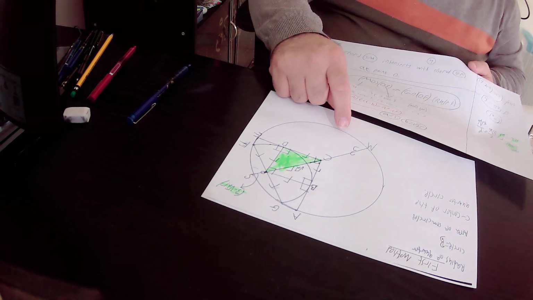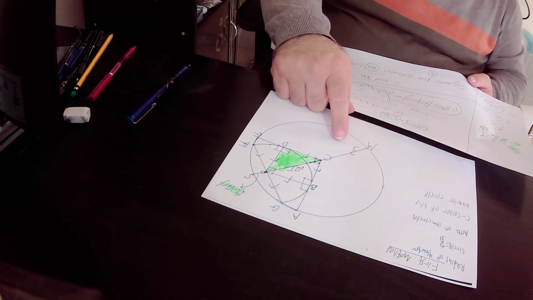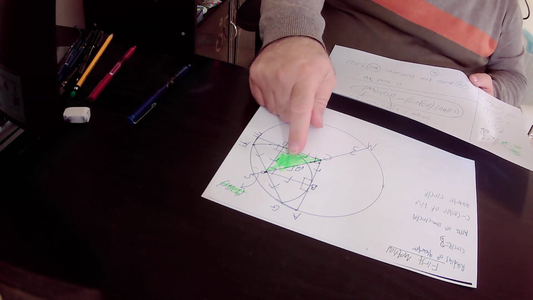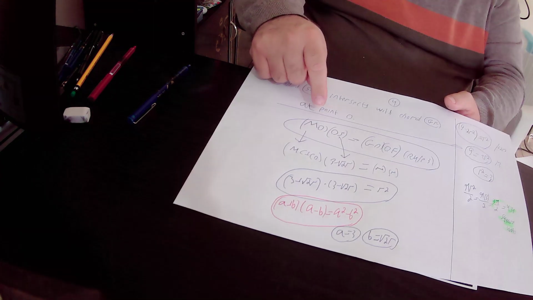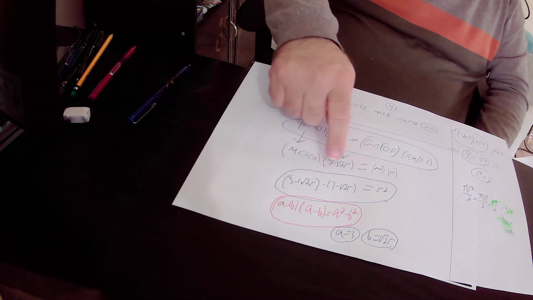MC equals 3 units. This is the radius of the circle. CO equals square root of 2 times R. So in conclusion, MC plus CO equals 3 plus square root of 2R, times 3 minus square root of